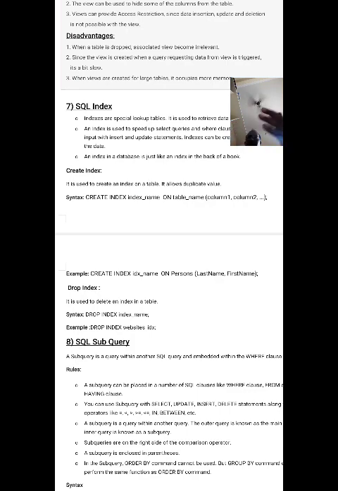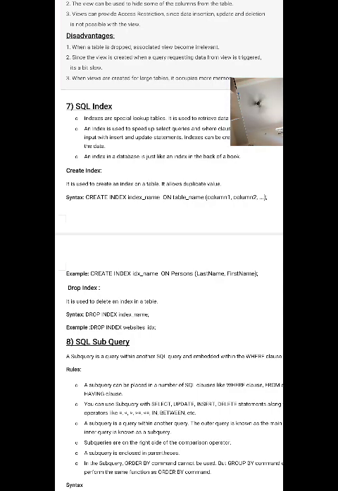Before this we already created the index idx_name. If you want to delete that index of the table persons, it is simple: DROP INDEX idx_name.